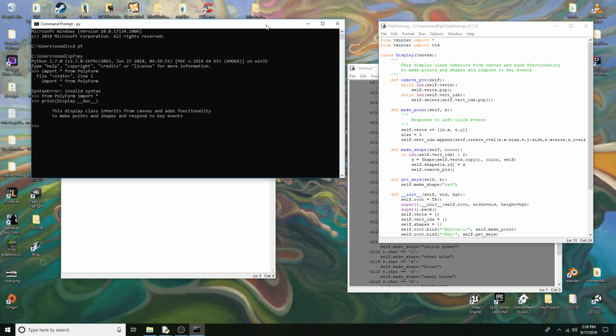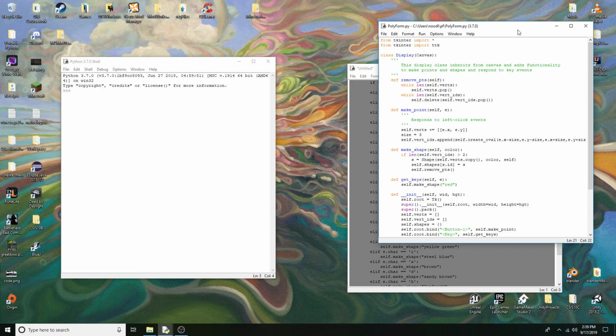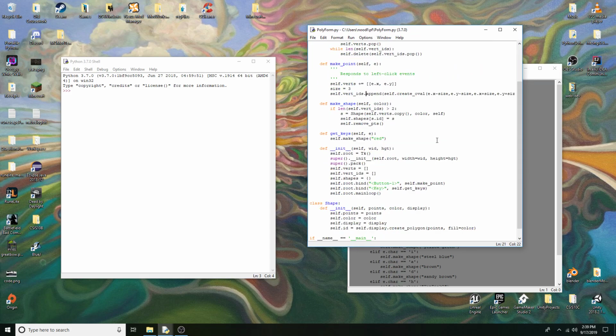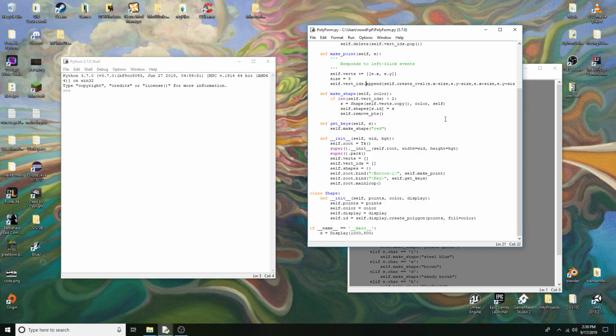We could do the same thing with the make point if we went print, and we could get to it that way. If we wanted to see the methods docstrings, we can look at them that way. So there was that from the last video, and then also I wanted to change how we're storing the